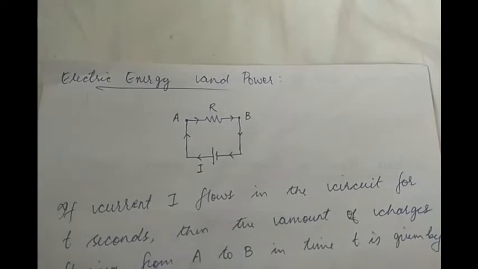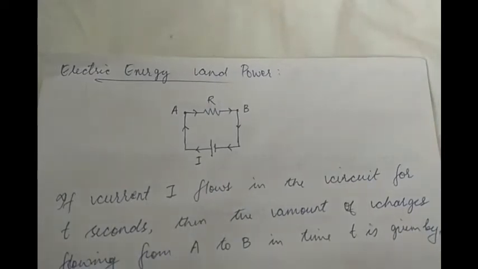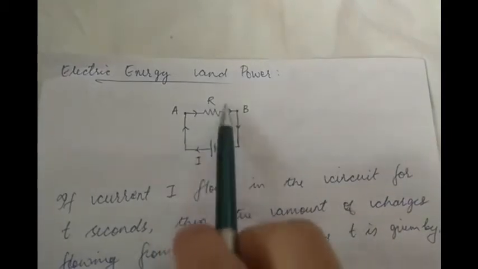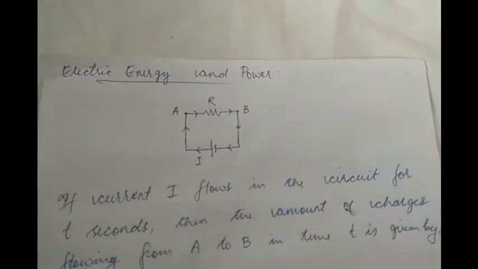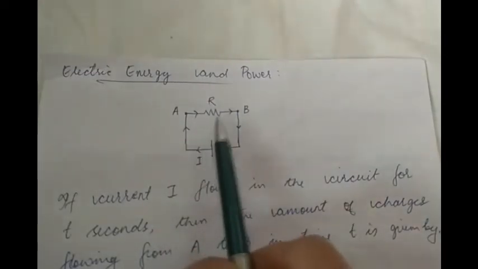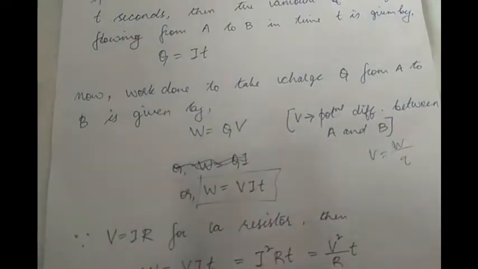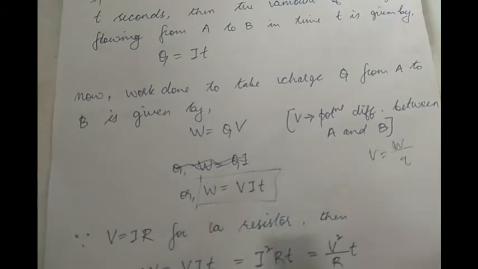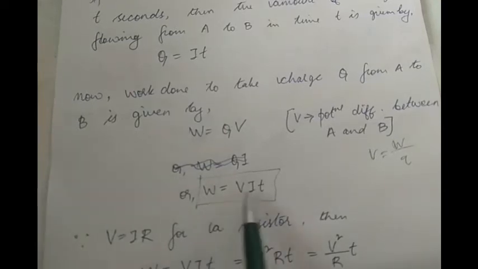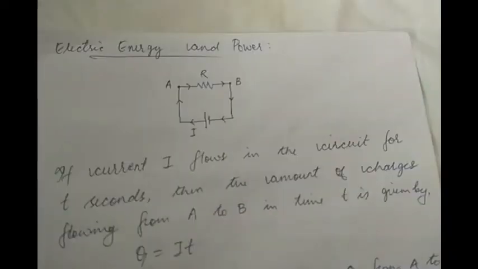We'll talk about inductors in the later half of current electricity. So we could have any electrical component in here, a resistor, a capacitor, or an inductor. Now whatever be the electrical component between points A and B, this formula, I don't like this word formula, but still, this work done VIt